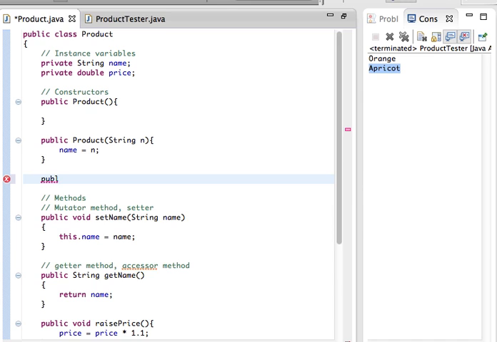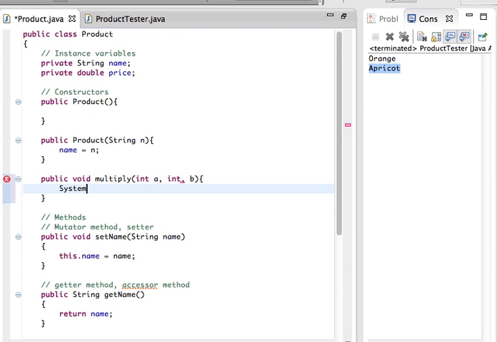I say public, and let's say this is void, and let's call it multiply. This method takes two integers and it displays the result. So multiply, integer a, integer b,